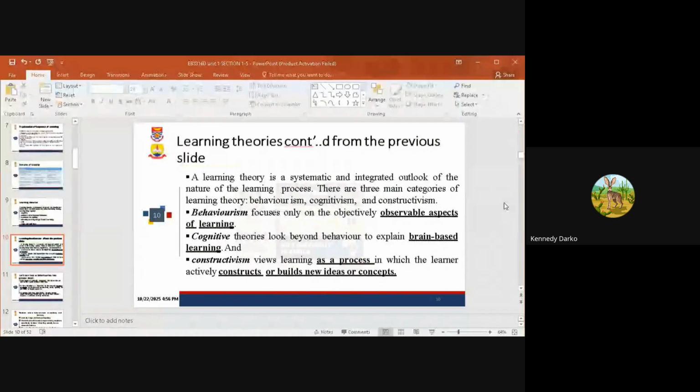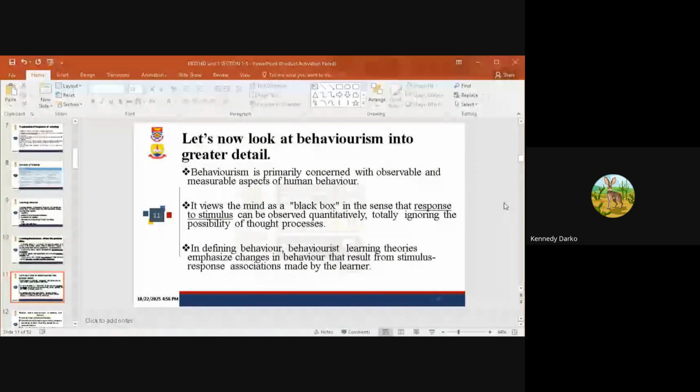Then we have constructivism. They view learning as a process in which the learner actively constructs or builds new ideas or concepts. So these days you see that we give project work and all that because we are just facilitators. The learners should be able to construct their own learning so that the knowledge will be part of them. Once they are able to search and get the knowledge, then we don't have any problem. That kind of knowledge they have acquired will be with them. They can keep it in long-term memory so that anytime you ask them, they will be able to retrieve it. Now, behaviorism is primarily